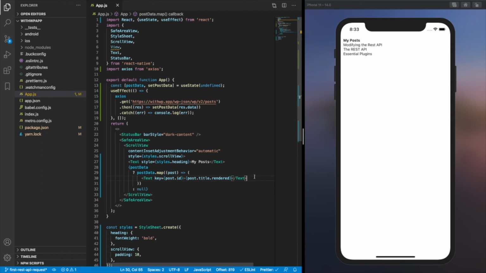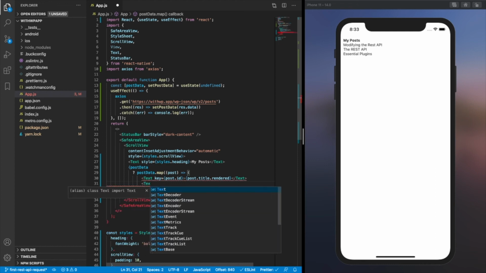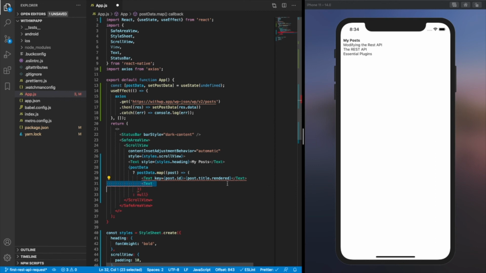So what if, in addition to the titles, I also want to render the actual content of the post? Well, I'm just going to go below this in the same map function that I use to render my titles. I'm going to create another text element, and I'm going to have to give this a... actually, you know what? I'm going to refactor this just a little bit. And instead of rendering text as my top level element, I'm just going to go ahead and render a view